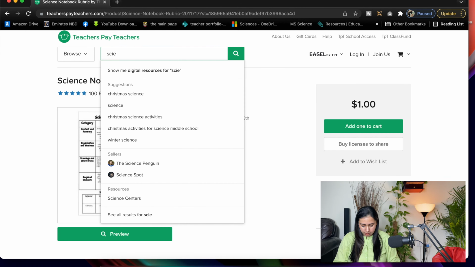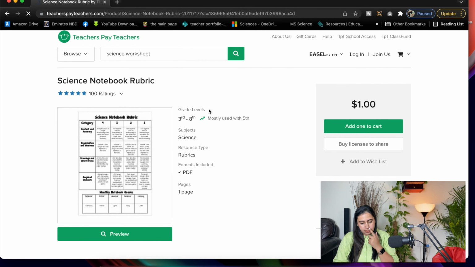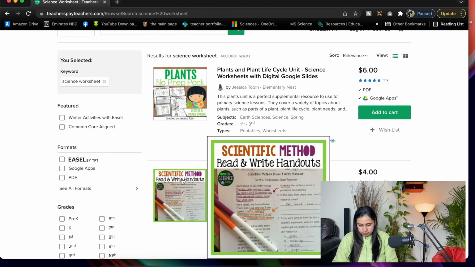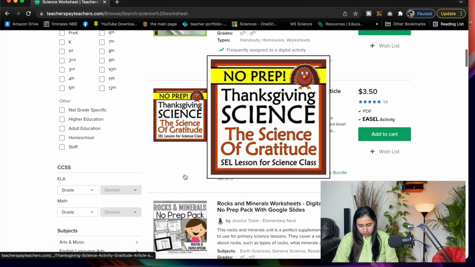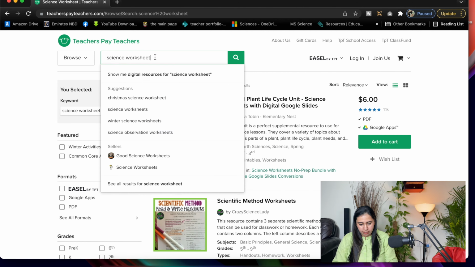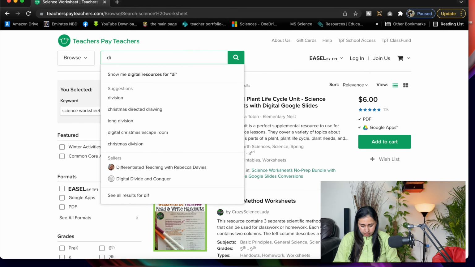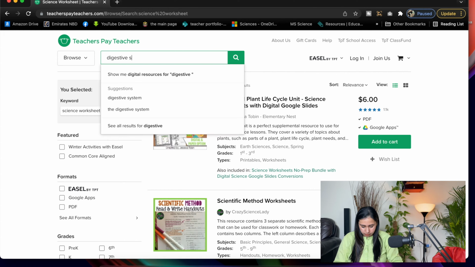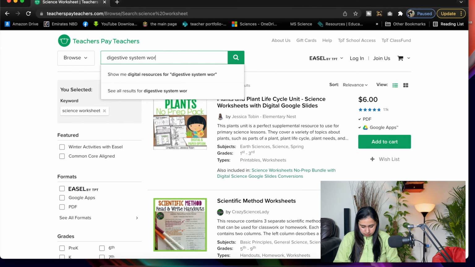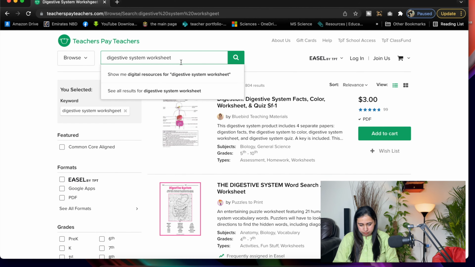Same, for example, I'll say I need to buy a science worksheet. Then it will come like this. These are the worksheets: scientific method worksheet, science of gratitude. For example, I want the digestive system worksheet, so I'll write digestive system worksheet. I know the spelling is okay, whatever.